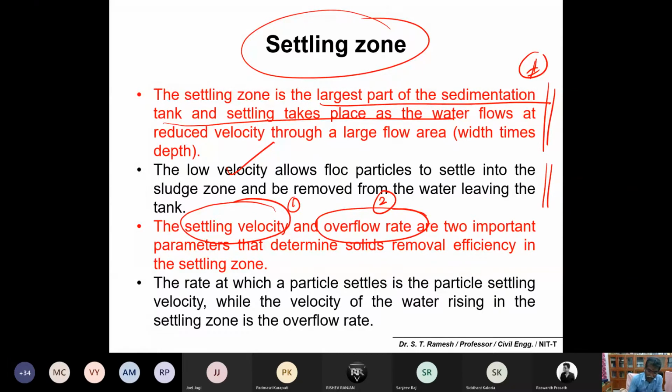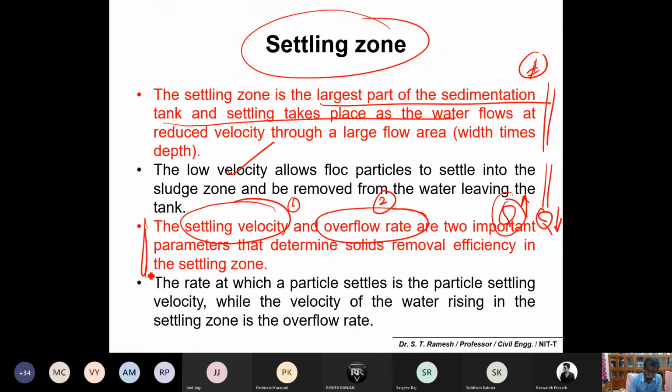Imagine our situation, the plant is designed for a particular capacity. If the flow Q is either increased or decreased, it obviously reflects your detention time. Imagine now the water flow is very high, so we are giving very less time. You are not allowing the particle to settle and the particle will come out as it is. Imagine you have a low inflow. The flow condition is very low, so you are giving more than your desired detention time. So that also creates a problem.